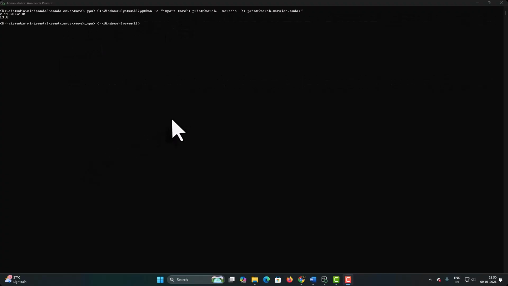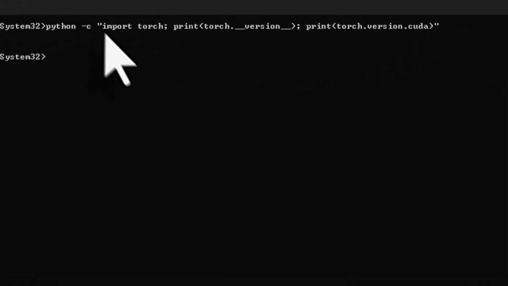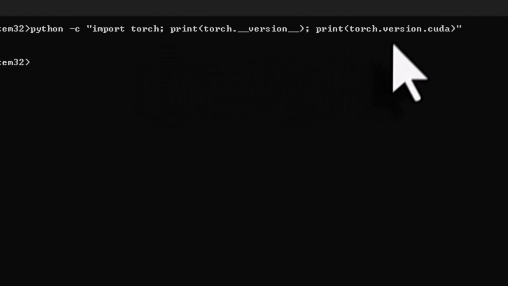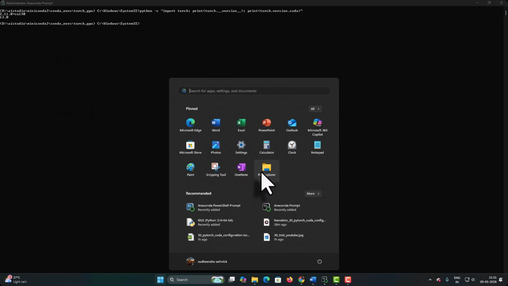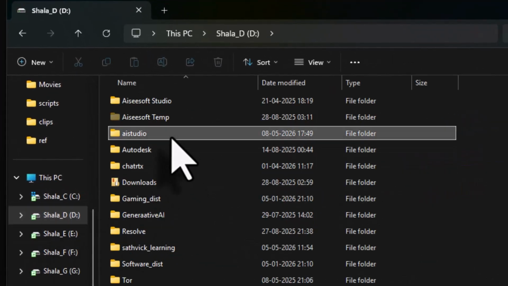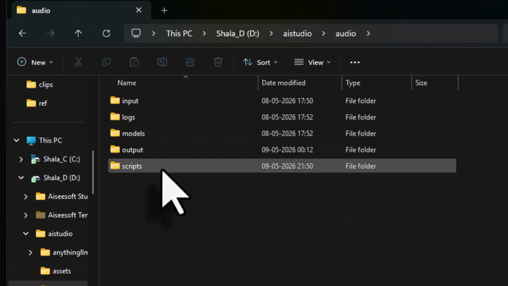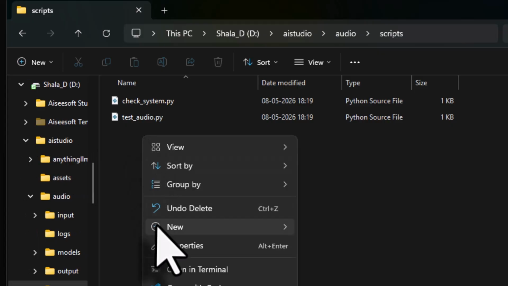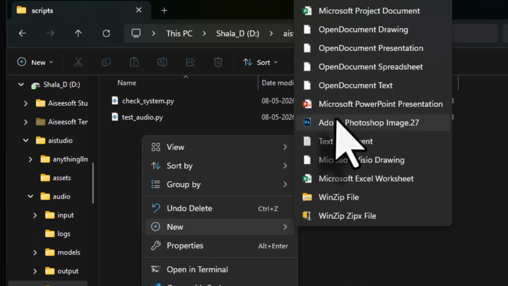Next, I want to detect the GPU. Instead of writing these multiple commands as a string and running it with the parameter -c, I am now going to create a complete Python script. Come into your Windows and open File Explorer. In D drive AI Studio Audio Scripts, I am going to right click and create a new text document, and